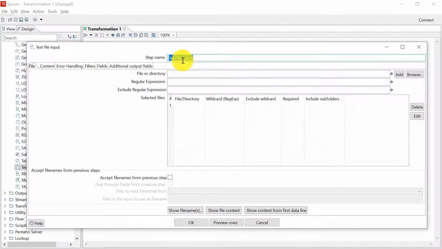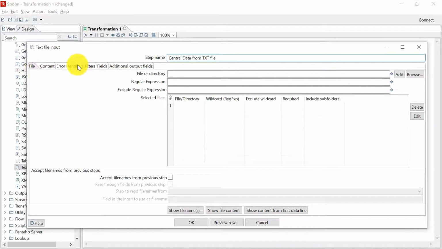Now again, you can give this step a name. So I'll name it as central data from text file. So this is the data of central region and we are getting it from a text file.